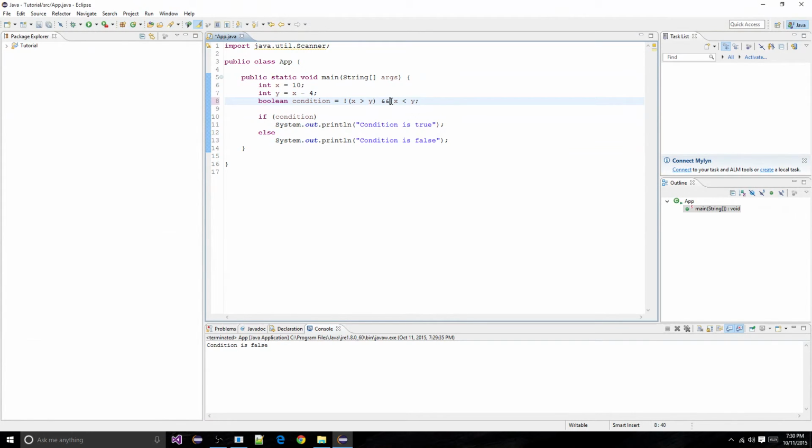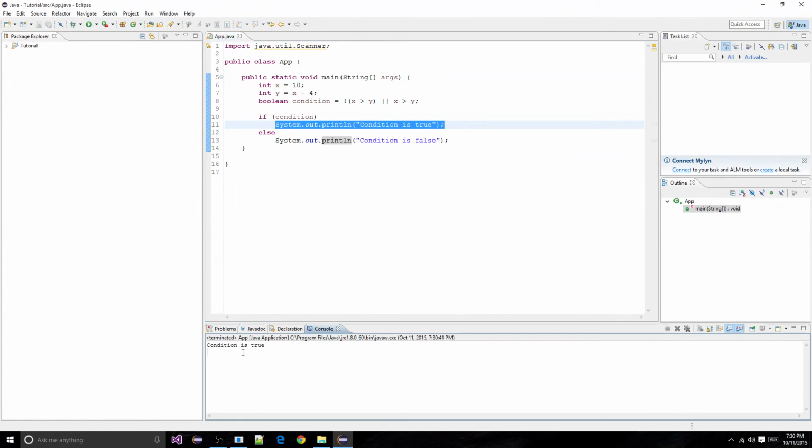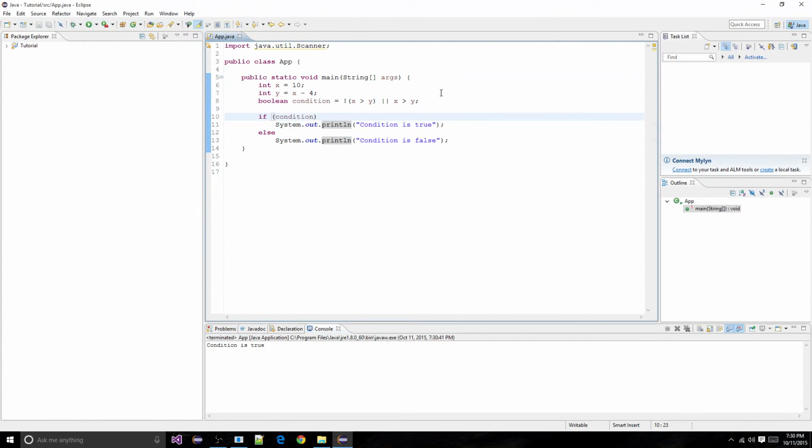If we were to change this to an or, and change this to a greater than, then this will return true, because if this condition is true or this condition is true, return true. So finally, it'll print out the condition is true. So basically go ahead and run that and see that the condition is true. But basically, yeah, you can combine these